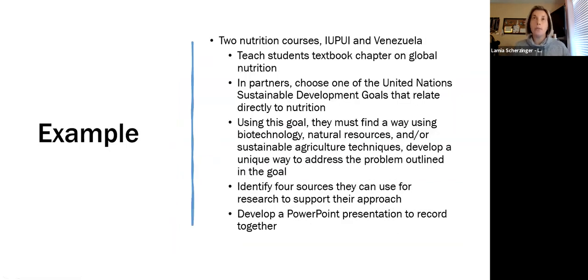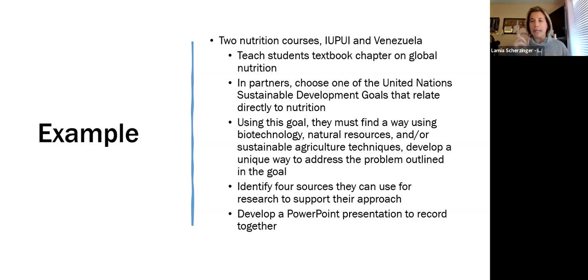So in the summer is when I pair with the school from Venezuela, the institution there. And what we decided, she was a nutrition chemistry instructor. And my students, if I even talk a little bit of science in my general education courses, they get very scared. So we do very little chemistry. We talk about the chemistry of things like carbohydrates, very simple things, right? So I was like, well, we can't go there because my students would cry. So what we're going to do is we're going to focus on global nutrition.